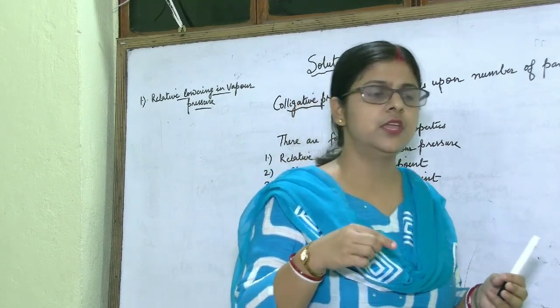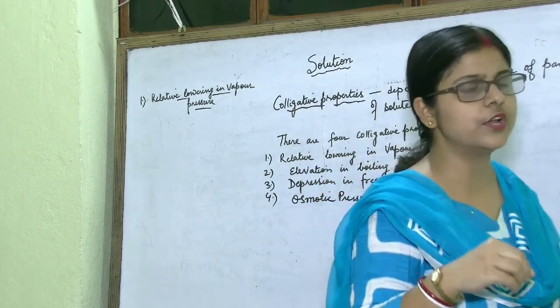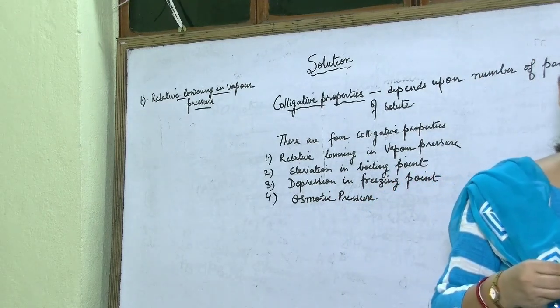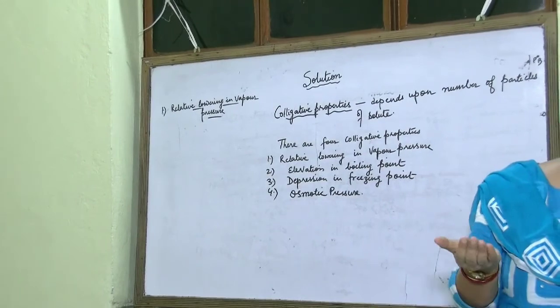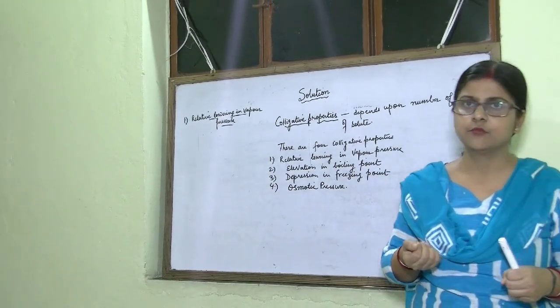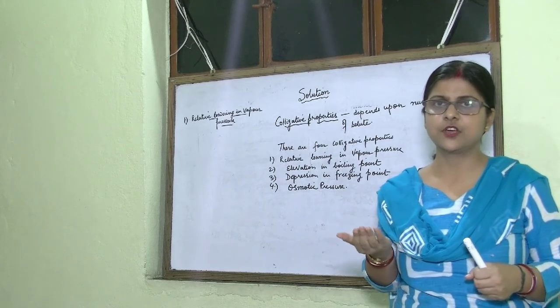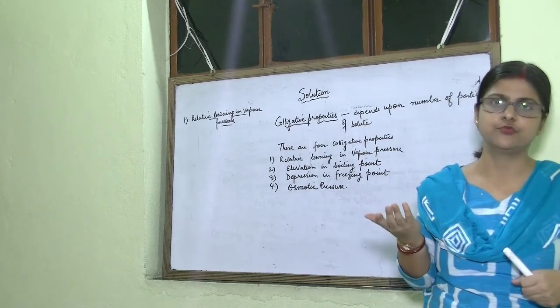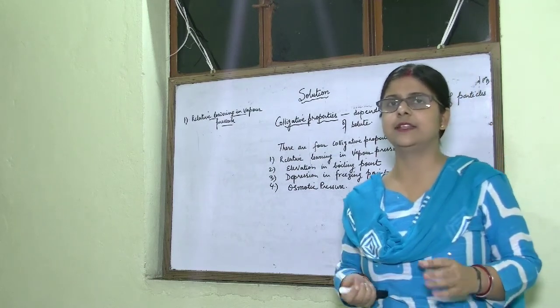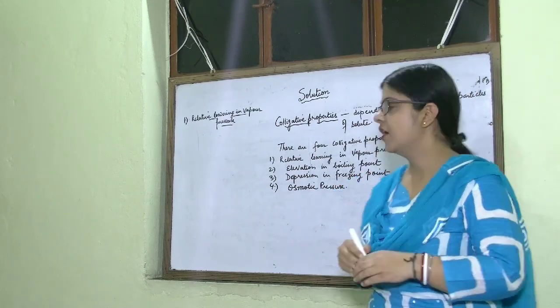So, if you add some non-volatile solute to a solvent, what will happen? The vapor pressure of the solution will decrease. Why will it decrease? Because non-volatile solute does not change into vapor phase and it will occupy the surface of